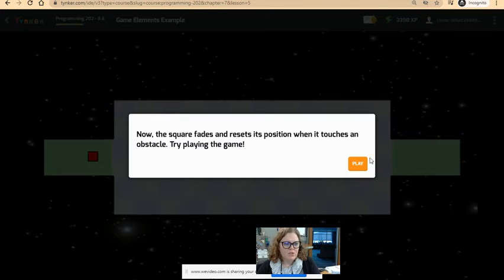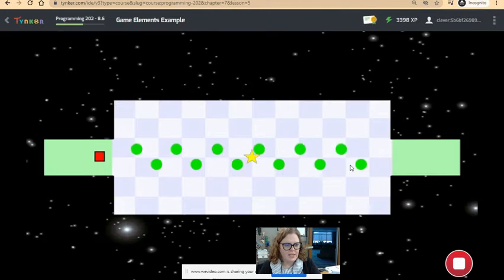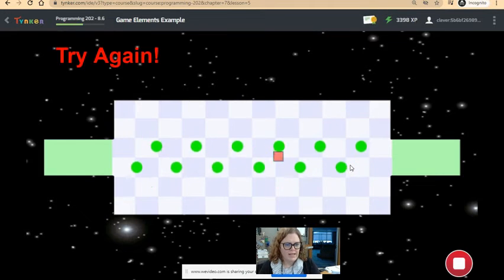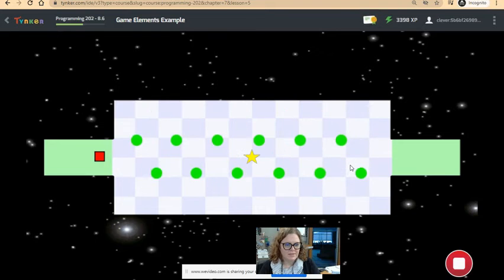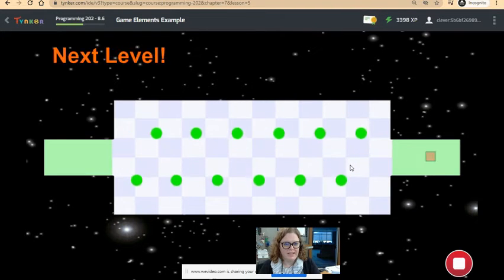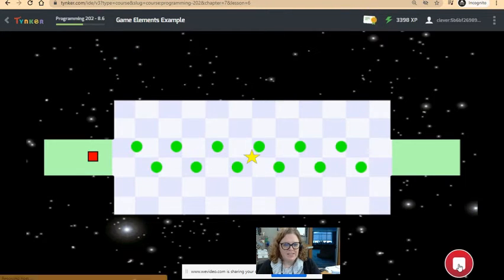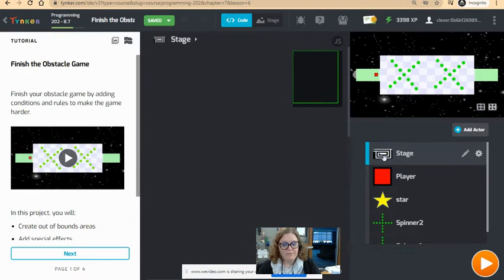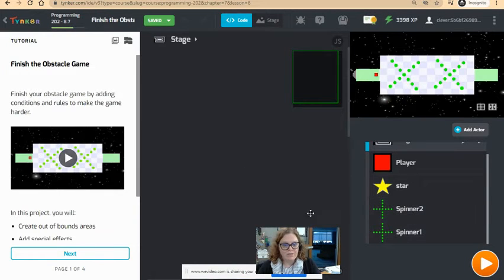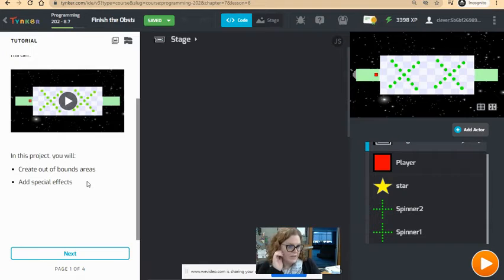All right, so now the square fades and resets its position when it touches an obstacle. Try playing the game. I almost got it. Okay, and they even made spinners, what makes it even more unfair. All right,